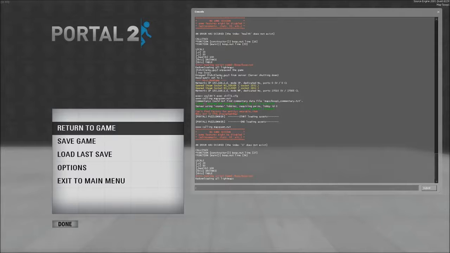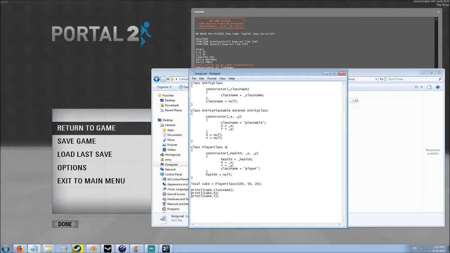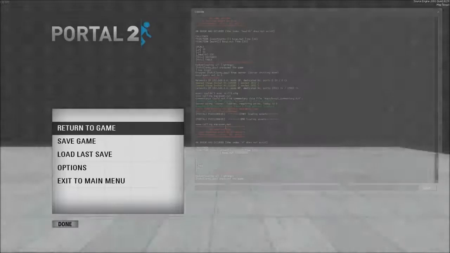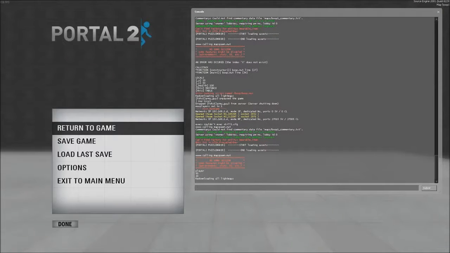Okay, the index X does not exist. You know why it doesn't exist? Because I didn't extend it. So I need to actually extend entity placeable. Alright, so now you can see we have player and then 50, 20, and we don't actually show the health